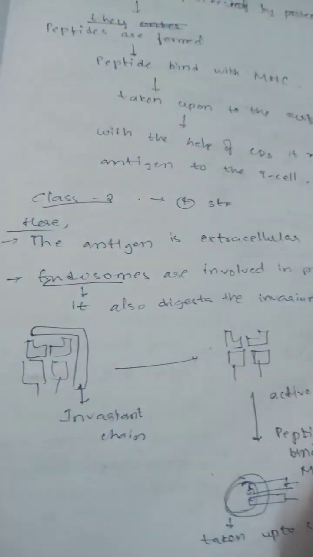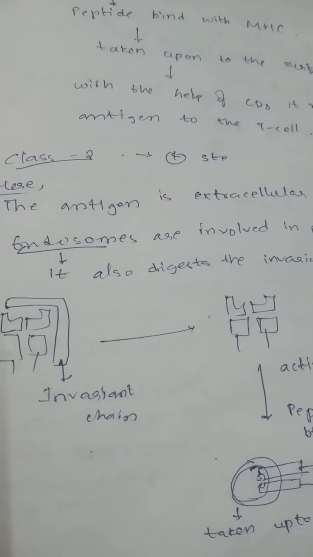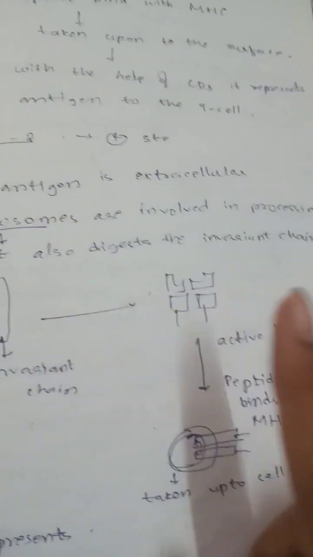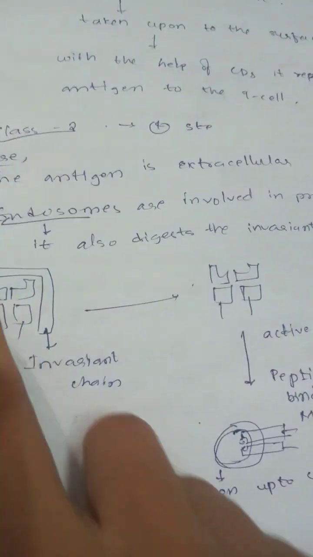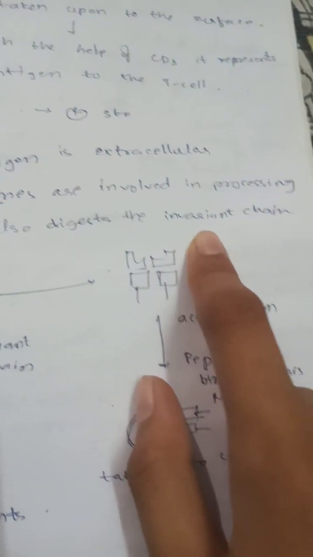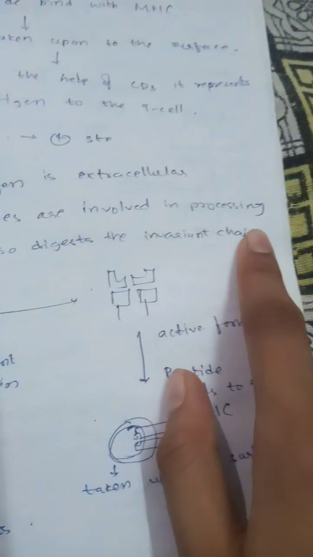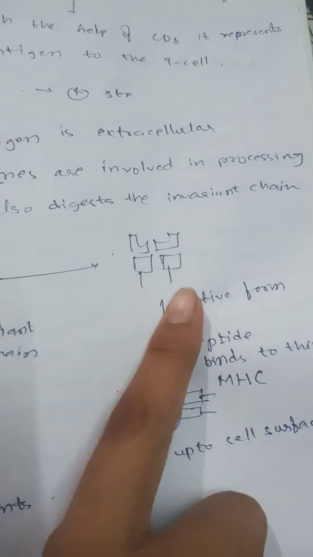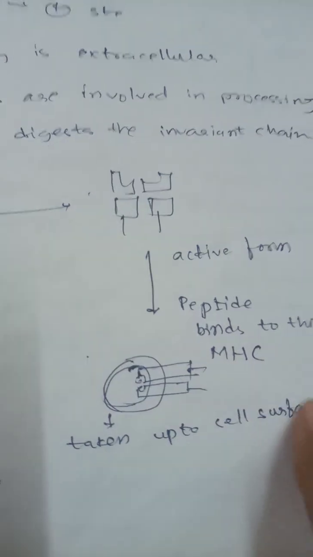In class 2 MHC, an invariant chain is present in inactive form, and to turn it into active form, this invariant chain should be digested. So these endosomes also help in digesting the invariant chain. Also, these endosomes process the antigen to produce proteasomes. When the invariant chain is removed, the peptides bind to MHC, and this is taken up